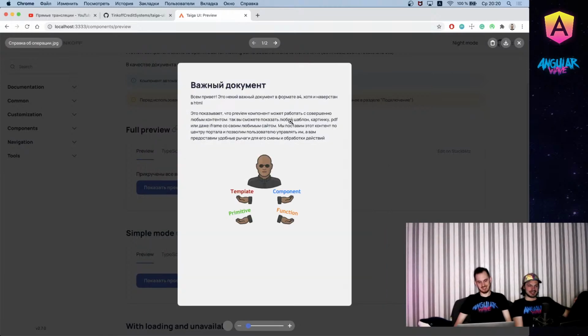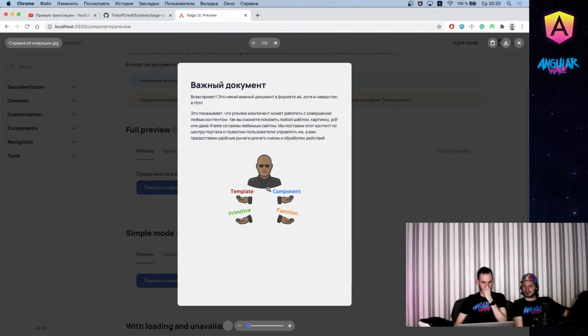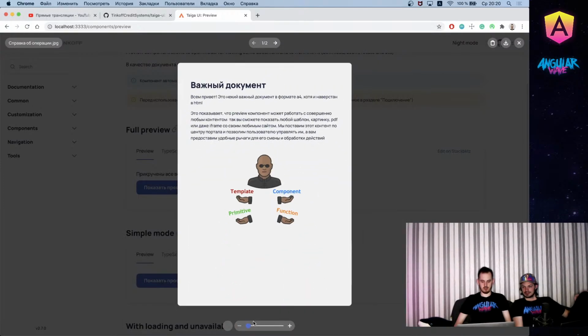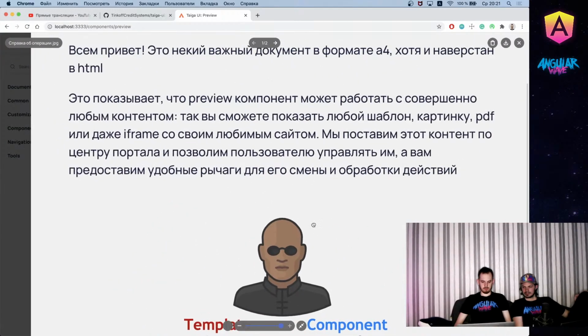Here I am, and here is some information about content that you can use here. This is in Russian, but we'll translate it later for sure. And yeah, you can zoom in, zoom out. You can use this